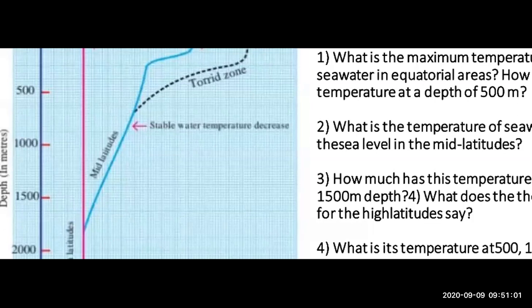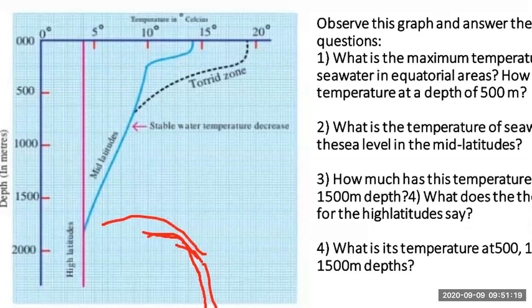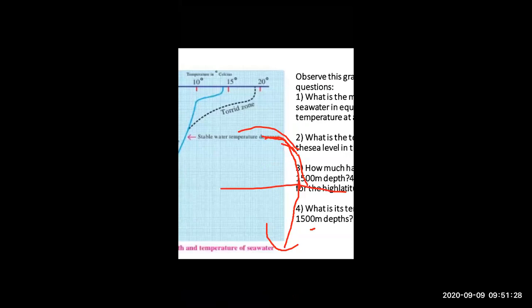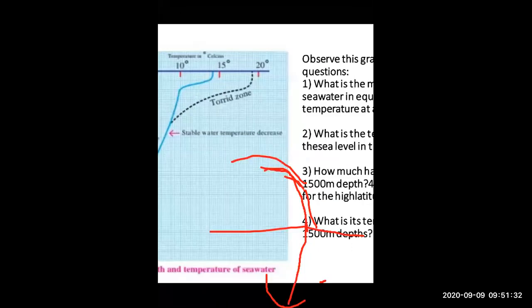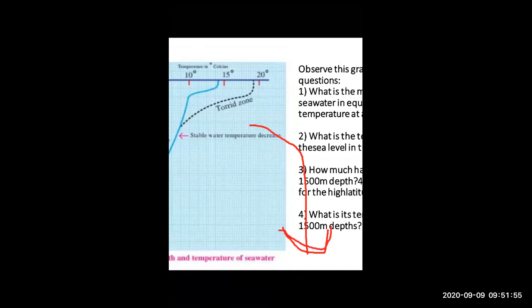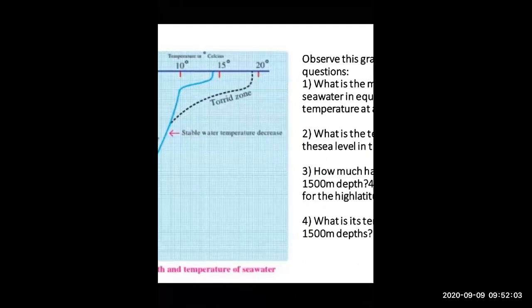As a result, because of that, what happened? The intensity of sun rays decreases, and with increasing depth, again I am showing you here, whenever sun rays radiate and enter the interior of the sea water, at that time, as a result, the intensity of sun rays decreases. Whenever sun rays try to go into the interior of the sea water, the sun rays intensity is decreased with the increasing depth. When the depth is increased, sun rays intensity is decreased.